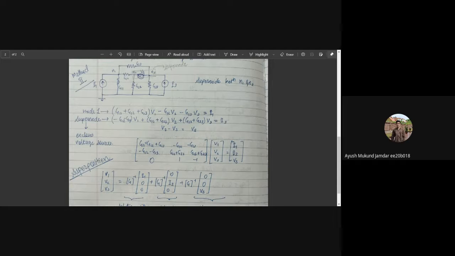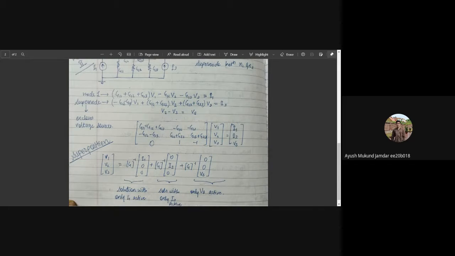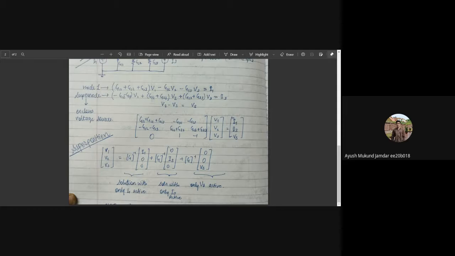Again, the same thing can be represented in the form of a matrix with voltage and current vectors and the conductance matrix. An important property can be seen here: when we use the G inverse and the current vectors on one side of the equation, we get something like this. That is G inverse times I1, G inverse I3 and Vs. Those were the three terms we dealt with.